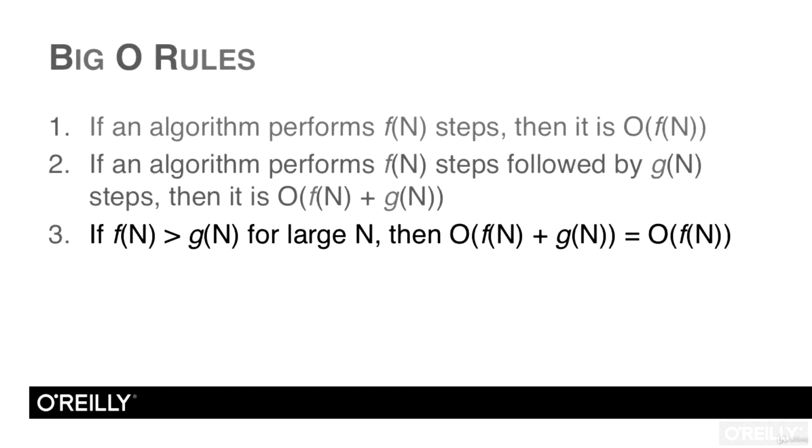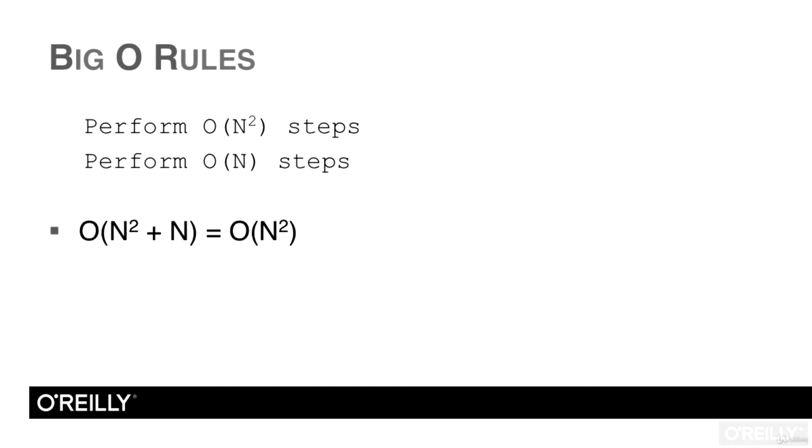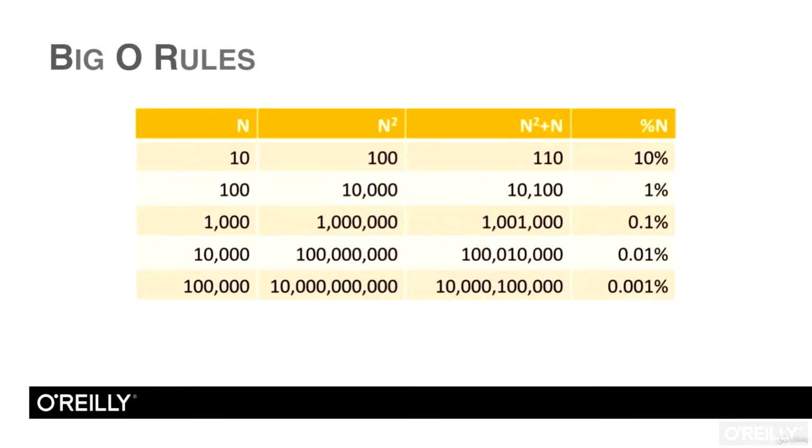The third rule says, if the function f is larger than the function g for large problems, then you can simplify f plus g to be just f. Basically, this says you can round up. Because f is larger than g, eventually the function f will dominate the runtime, so you could ignore g. For example, suppose an algorithm performs order n squared steps followed by order n more steps. The function n squared is bigger than the function n for large n, so this algorithm's performance is order n squared. To see why that makes sense, let's plug in some numbers and see how many steps the program is executing. When n is 10, n squared is 100, and n squared plus n is 110. At that point, the extra n accounts for only 10% of